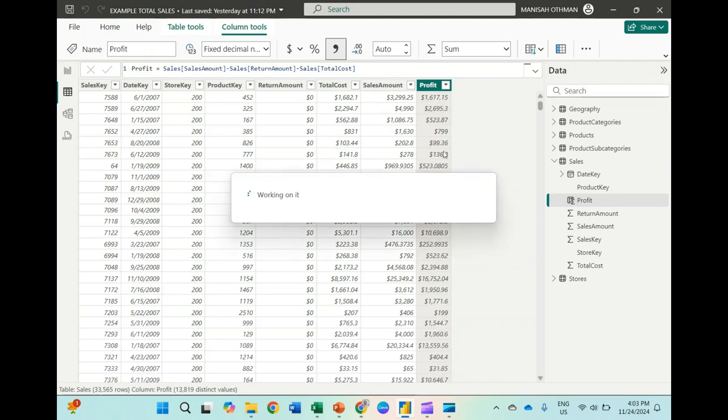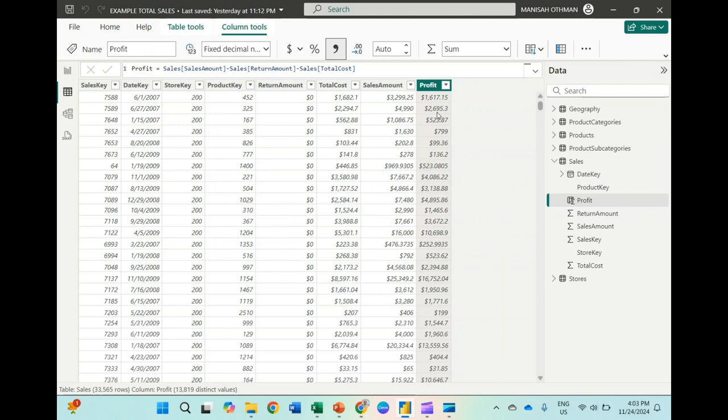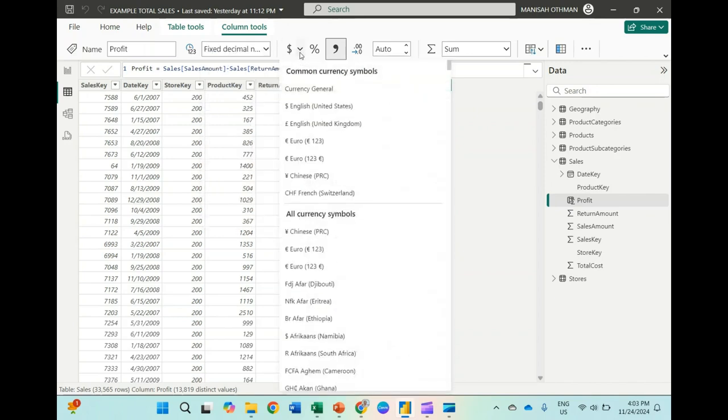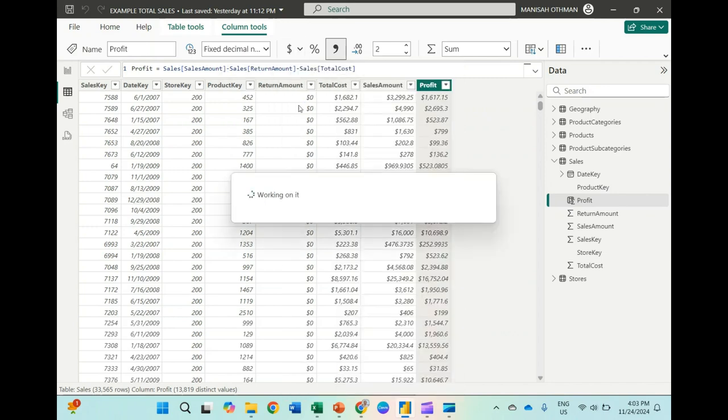So this is the new profit. You can see some profits have 1 or 2 decimal points, some have 4. You can change it to currency, using United States currency.